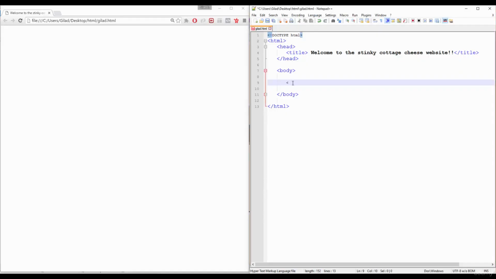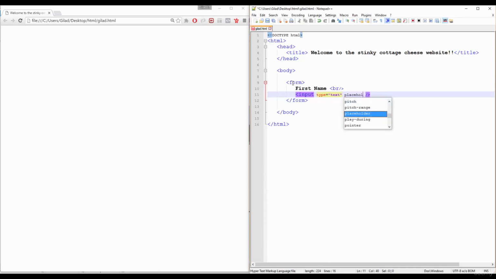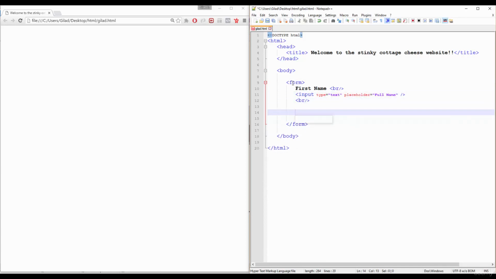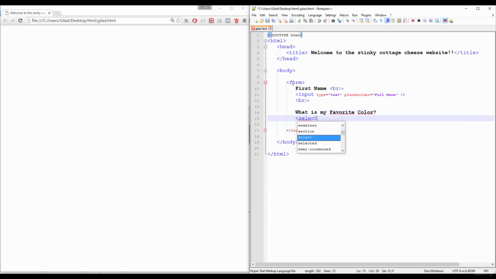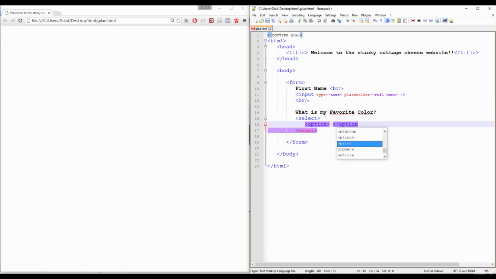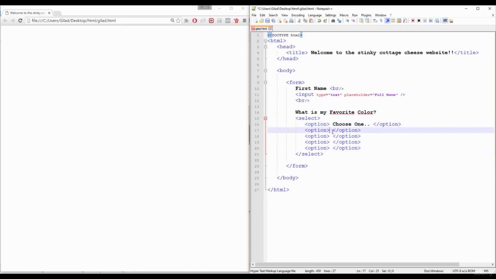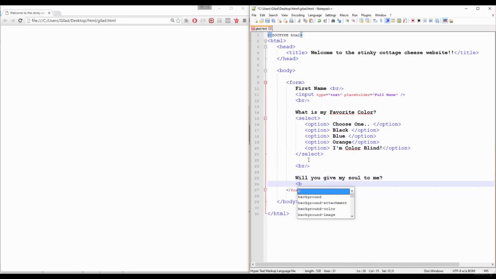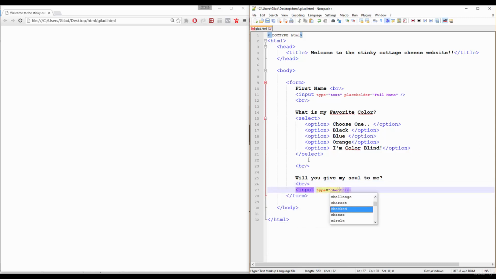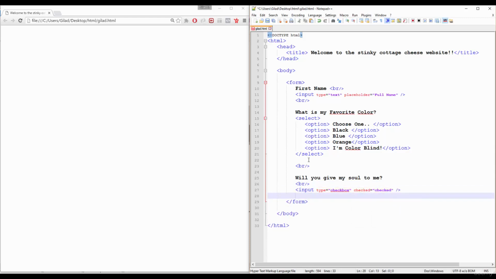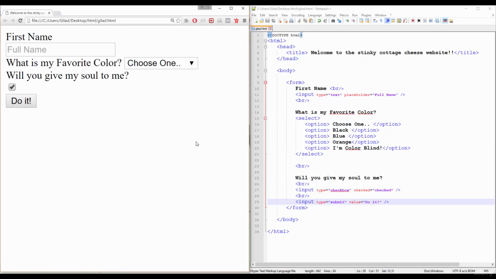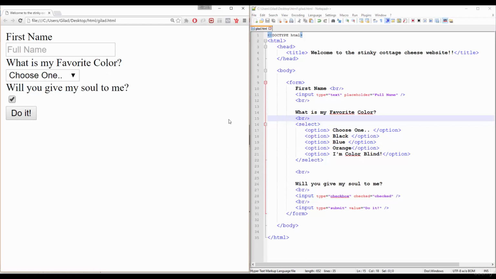Type this in your text editor. Save it, refresh it, and let's examine what's going on.